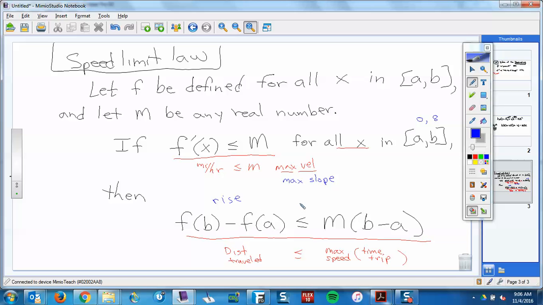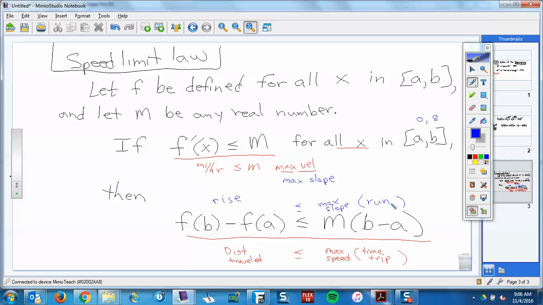Is less than or equal to, now remember, m was my max slope, times what's b minus a? Come on. The run, right? B minus a would be the run. F of b minus f of a is the rise. B minus a is the run. Okay, so,